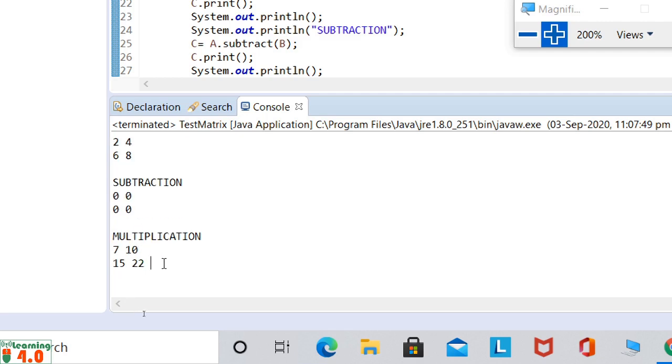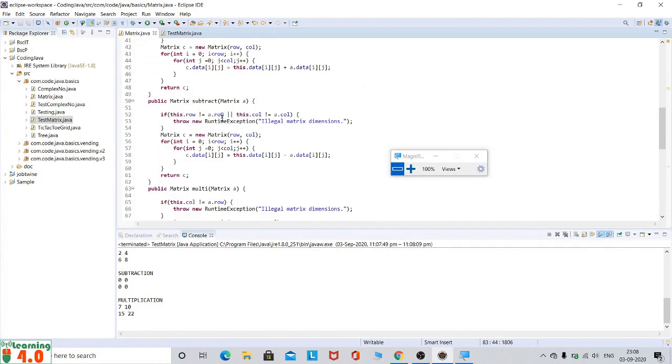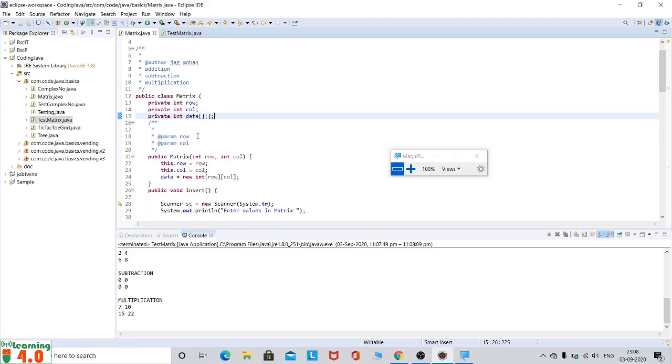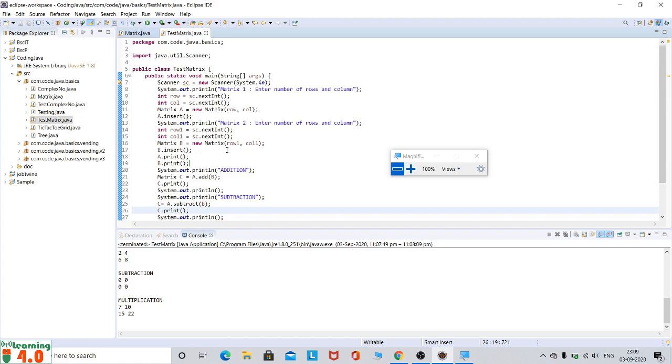This way you can see how we can write a matrix class, or how we can approach an object-oriented programming language. It's a very good example, so you can try these kinds of examples. This example will give you two things. First, how you can work with any two-dimensional array. The second, how you can think about object-oriented programming, how we can create a new object, how we can create a class, and how we can think about the instance variable. So that's all from my side. Thank you.